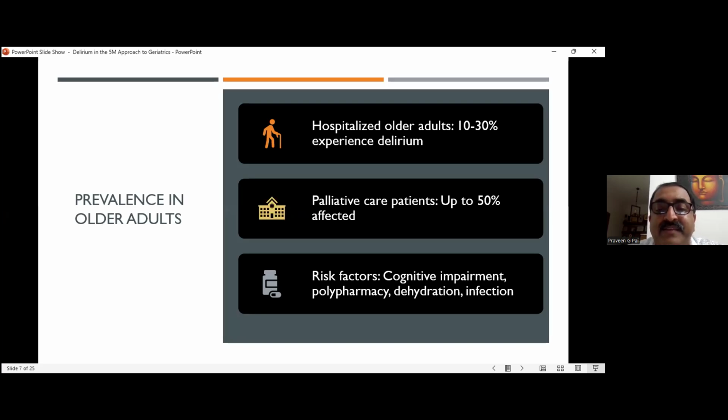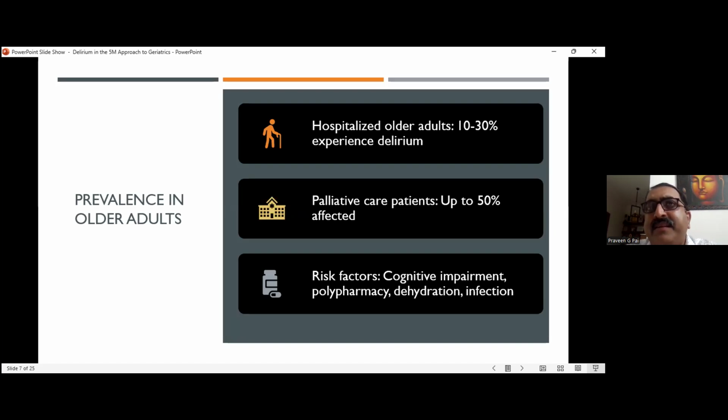So, unable to understand whether it is day or night, suddenly the disorientation will set in, and it is delirium again. So it's not just ICU or anything. Again, other risk factors are multiple medications, which many of them have. So one of the interventions is to stop medicines which are not really required. You have to be really bold.